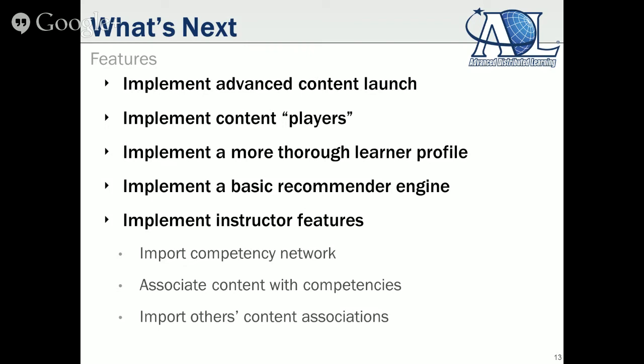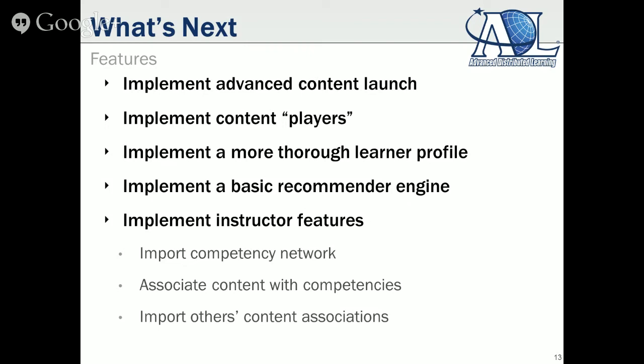So anyway, that really leads to the next bullet, a recommender engine. In our demonstration, Tom clicked on a link, and it is associated with one piece of content in the registry. What if it's associated with 600 pieces of content in the registry? Do you give somebody a list of 600 things to pick from, or do you launch the one thing that's most appropriate for them? I think what we'll end up doing as a proof of concept is we will try, through some sort of minimal intelligence, to determine the most appropriate thing to launch.